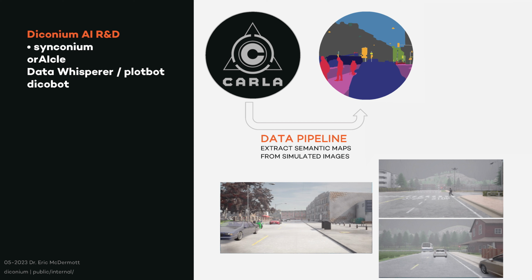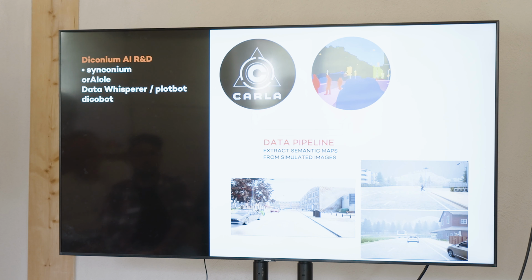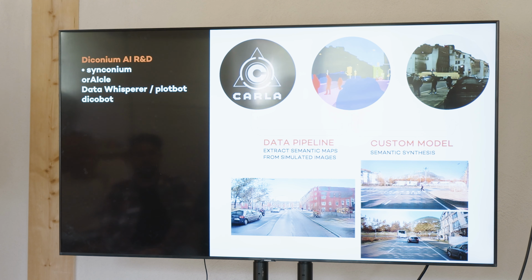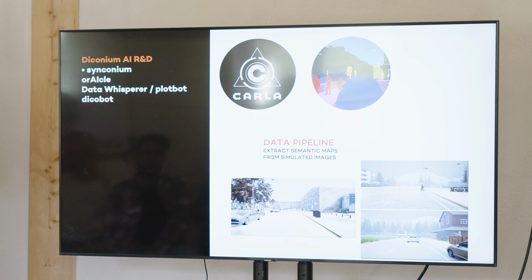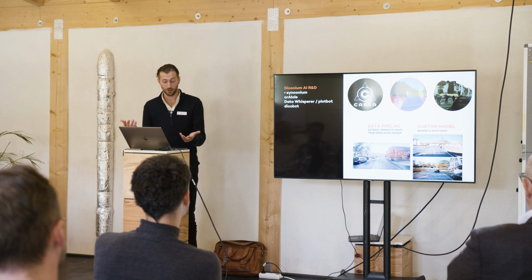So as I showed you in that old image recognition slide, you can see that everything's segmented. The car is segmented, the people are segmented, the road, et cetera. What we can do now is train a custom model to transform those simulated images into realistic images. This is pretty cool because we can generate unlimited simulated data. And with that, we can train real machine learning applications such as autonomous driving, for example.